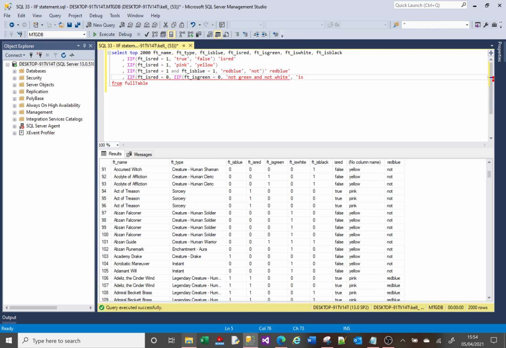Otherwise, it is green. And then when I end the bracket here, that's the end of that if statement. And then I'll put a comma for the end of my is red and say is red. If I just run